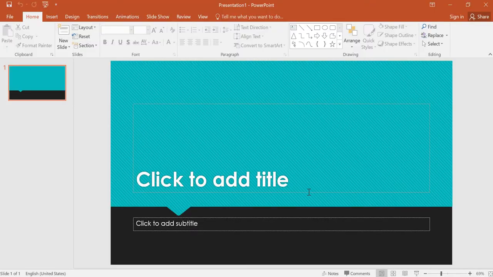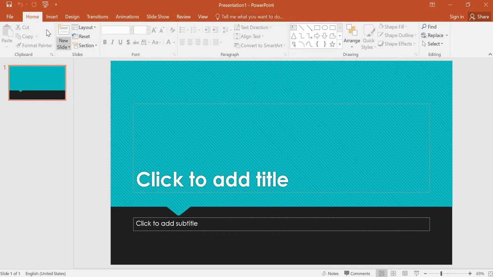Here we'll have one slide by default, and we'll call them slides, not sheets or sets. When it comes to PowerPoint presentation, one sheet is called a slide. This top line is called the title bar. Home, insert, design, transition, animation, slideshow, review, view, all these are called the menu bar.